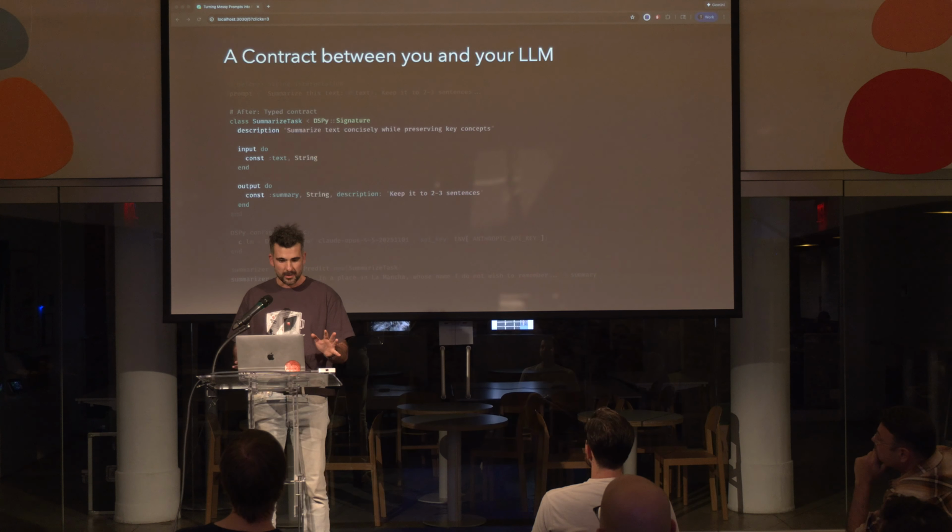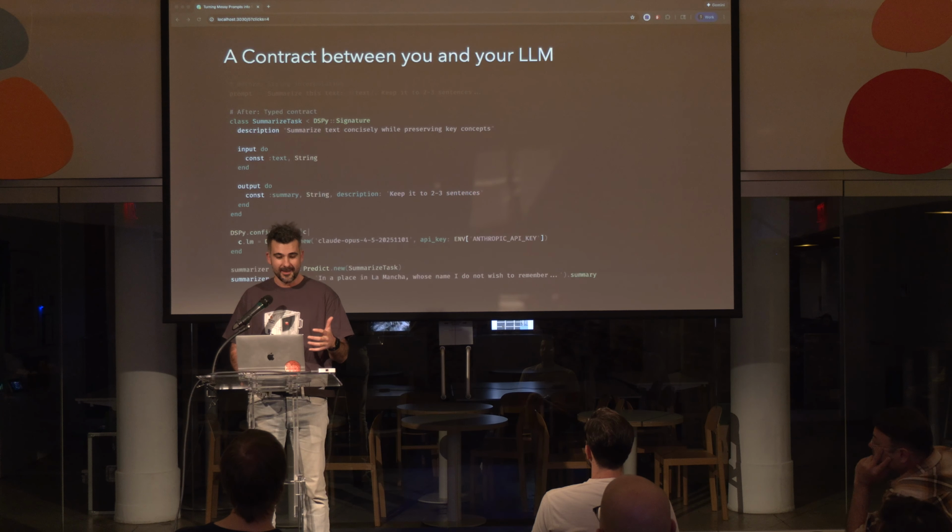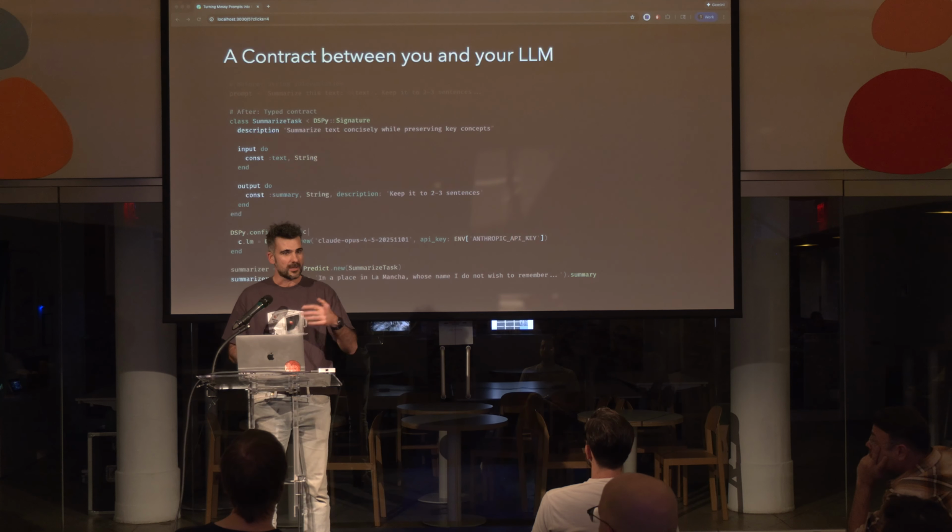And so far, we've been using plain Ruby, a very little amount of natural language. And what happens is that DSPy compiles all this into a prompt underneath and sends it over to your LLM. The LLM validates inputs and outputs and just gives you back a really nice object with your summary properly wrapped.